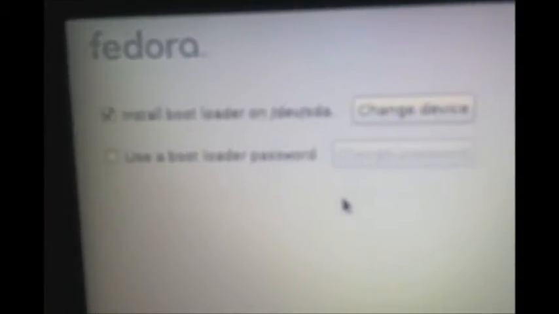It is asking you to create a bootloader on your system, and you can also give a password to your bootloader so that no other operating system can change your bootloader. It is not required here, because you are the owner of your own system and no one else is going to trouble you. Clicking on next. You can see that Fedora is now going to make the boot system.